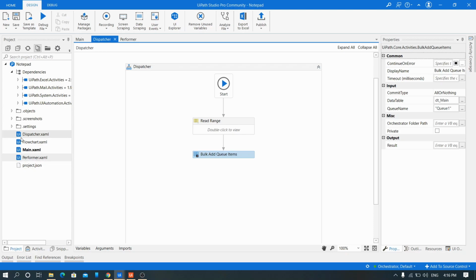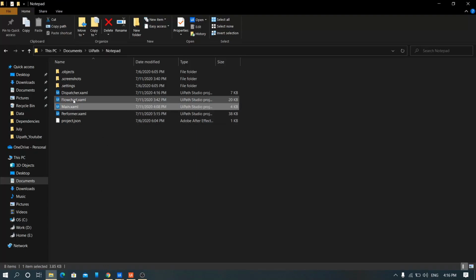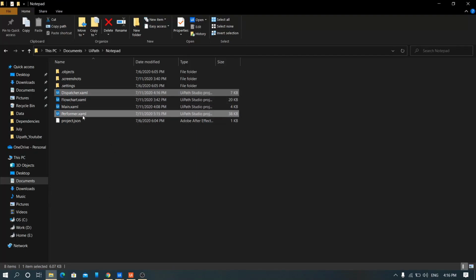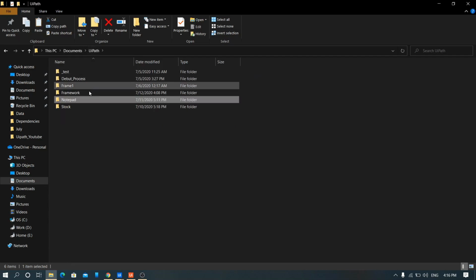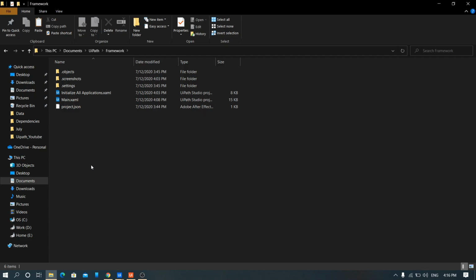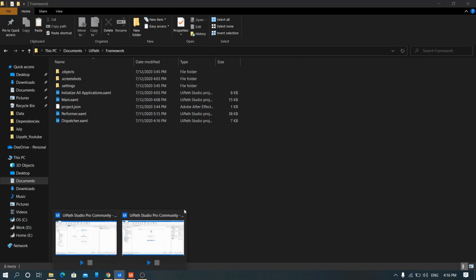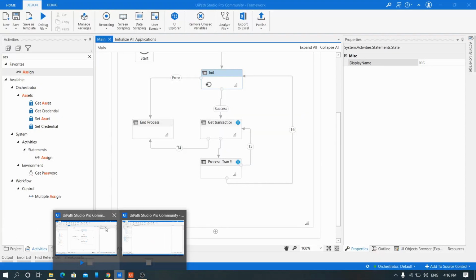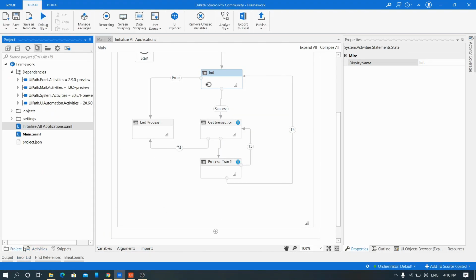Anyhow, I've got one sequence that is created for the dispatcher solely. So I'll just copy the dispatcher and the performer from here, and take it to my workflow. I'll paste it here. So now I have performer and dispatcher. Now I'll go to my original workflow. Now I can't see them. Upon hitting refresh, I do can see them.